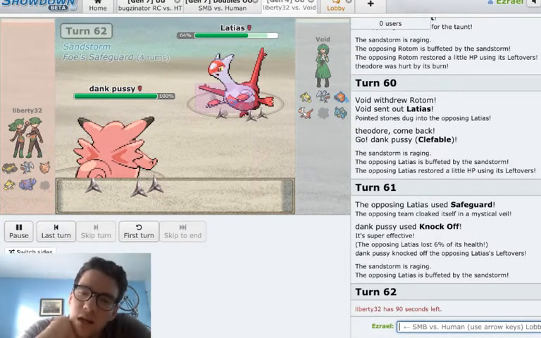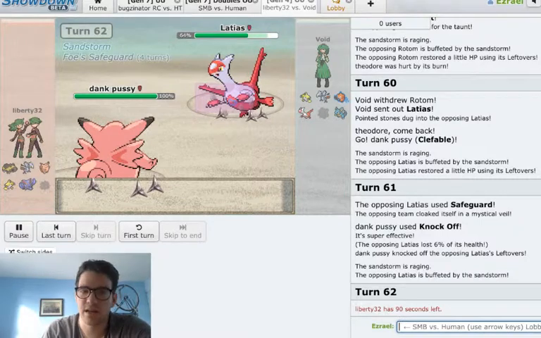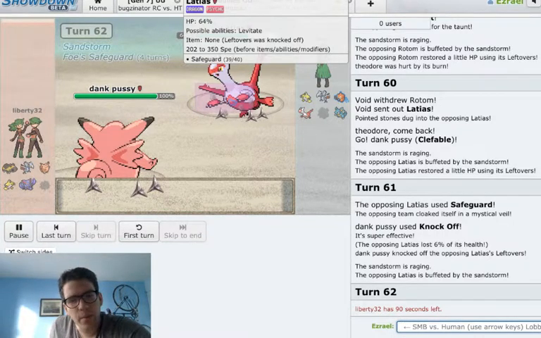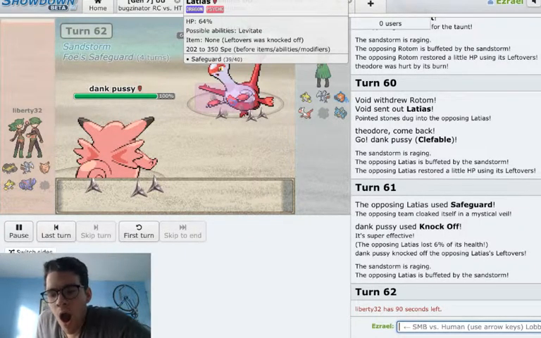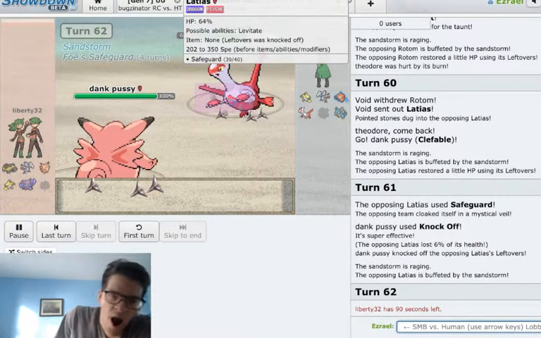And Void lets the Knock Off go off onto the Latias. He is going to have to pick a target and decides Latias is the one he wants. Going to go for Safeguard. I'm not sure what the point of that is. This is potentially pretty cool. It prevents it from getting Thunder Waved. It can heal through some of the Seismic Toss damage, though,